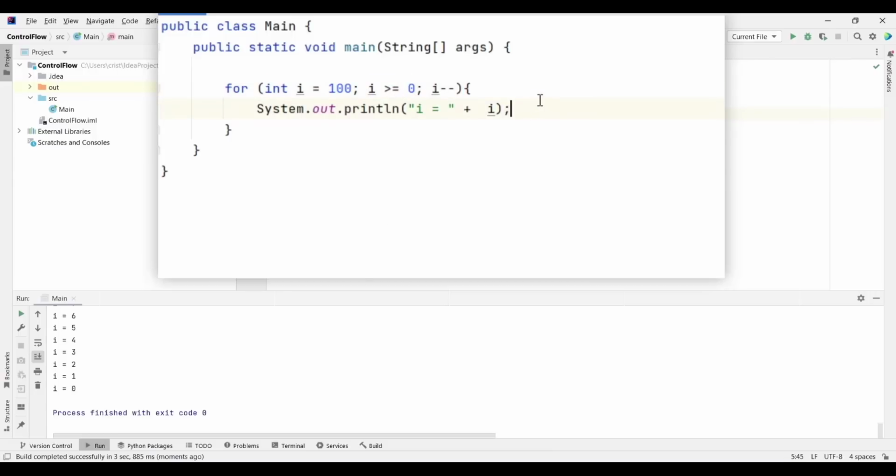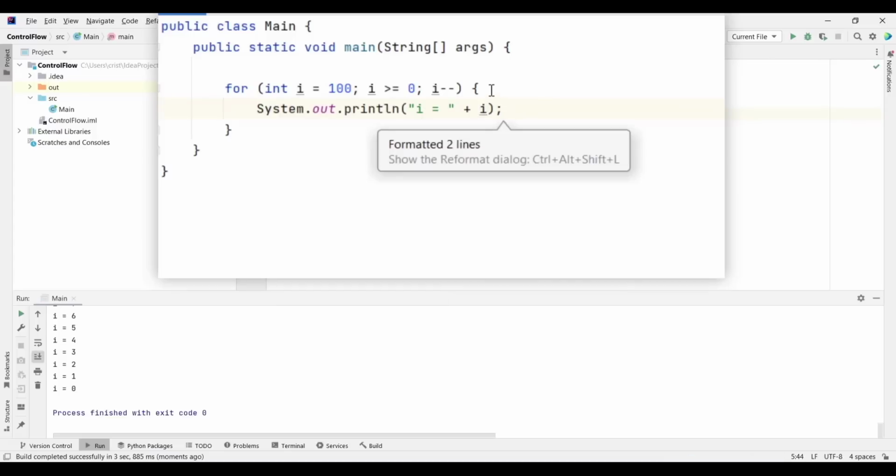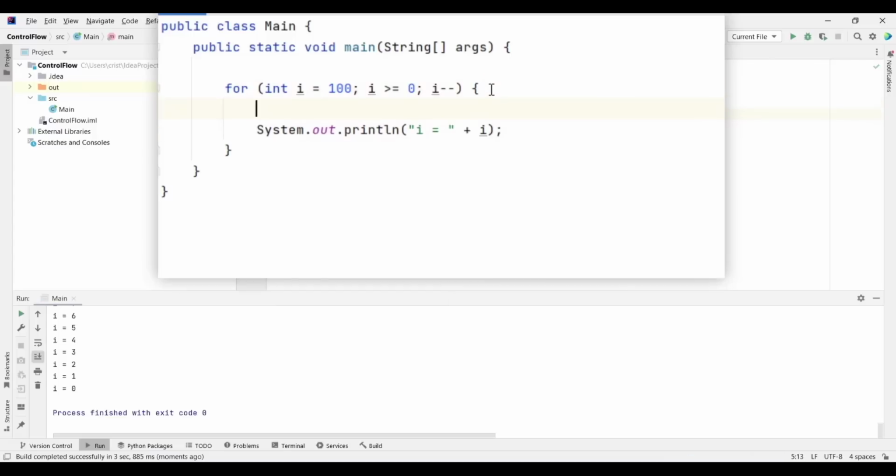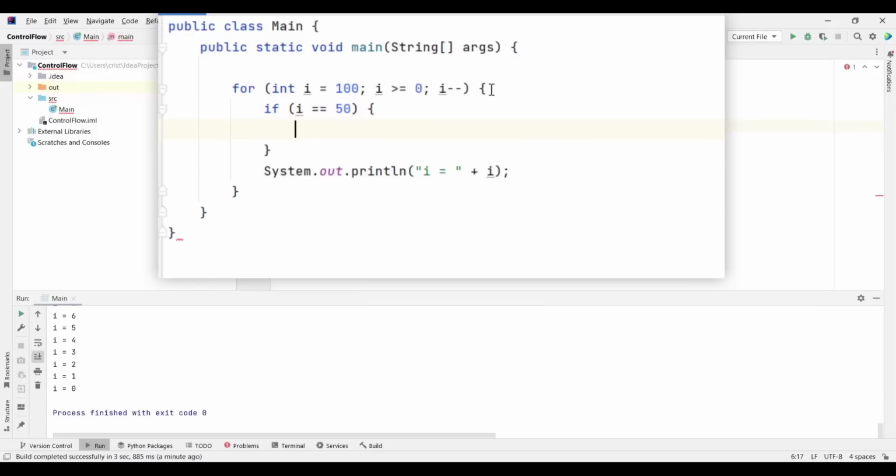Also, let's press Ctrl Alt L, you can use if statements here, because I introduced now something called break. So let's say that for whatever reason, if i equals 50, I want to stop this loop. How could I stop this loop? To stop the loop, you simply put here break, and break is going to, as the name implies, stop the loop.